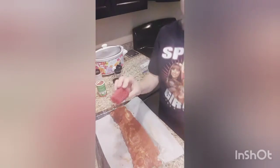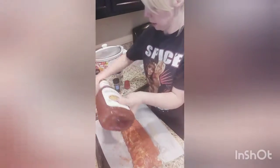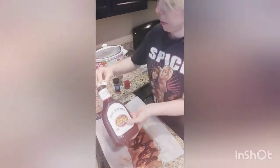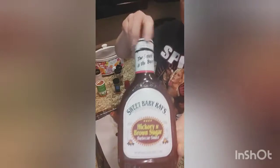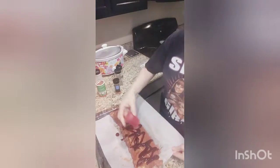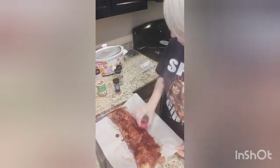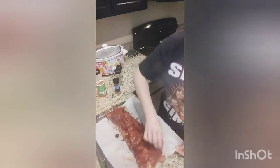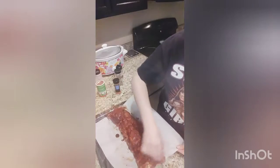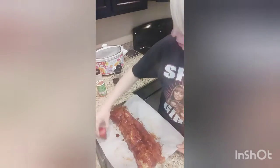I like to use this little thing to put on it. It helps it get in there and distributes it really evenly. So we're just gonna do like so. This is Sweet Baby Ray's. We like this hickory brown sugar. It's really good. So we'll just smooth it on there so it's all over. We want it to be distributed evenly so that it cooks good. This is gonna help it get more flavor inside the crock pot. And then when it's done, I'll put a little bit more on there right before we throw it in the